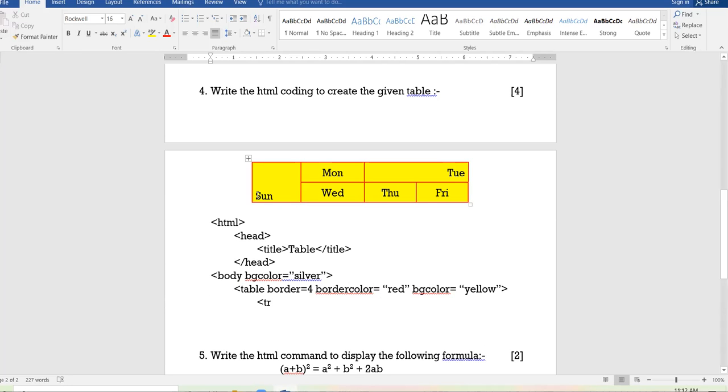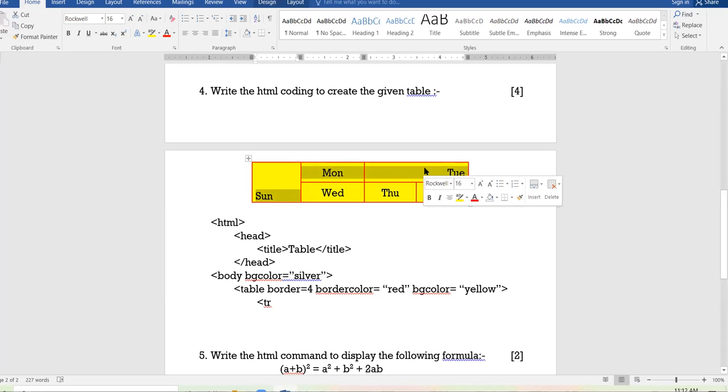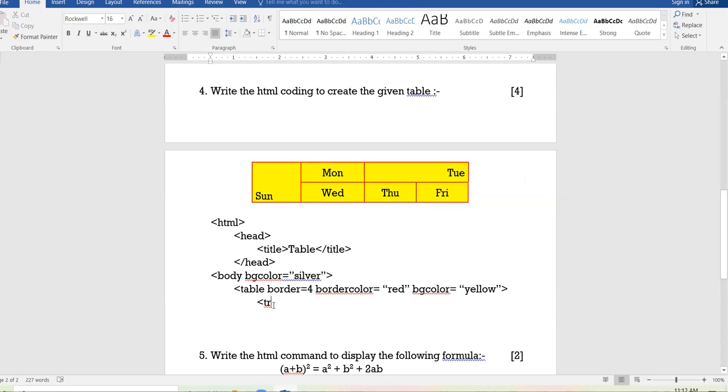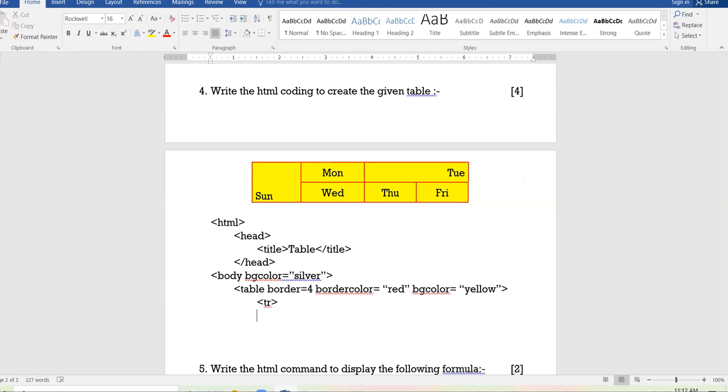Okay. Now starting with the first row, TR. Here, this is the first row. The row which I have shaded in front of you, this is the first row. Alignment of all the 3 cells is different here. So I am taking TR here, TD, first cell, Sunday.